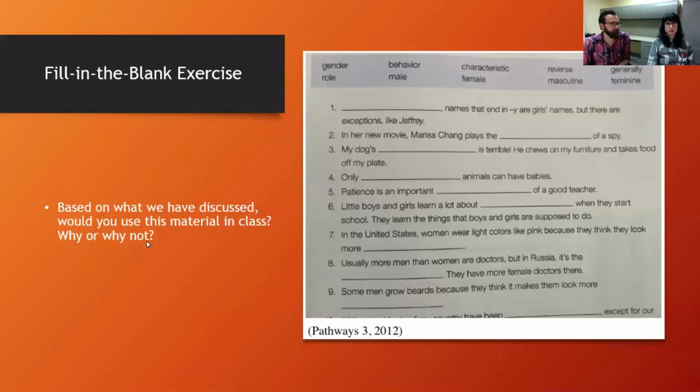Right. I mean, even number 4. So they want, even only female animals can have babies. If you have a trans man, that person can have a baby. You get into all this territory we really don't need to go into. And then at the same time, just making a lot of kind of strange assumptions. So this chapter is,